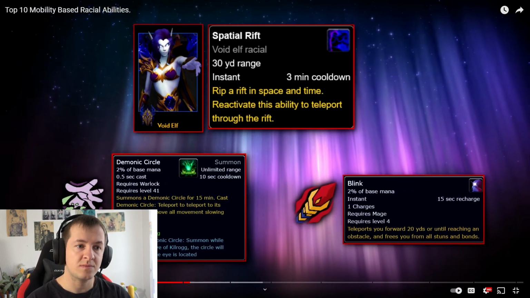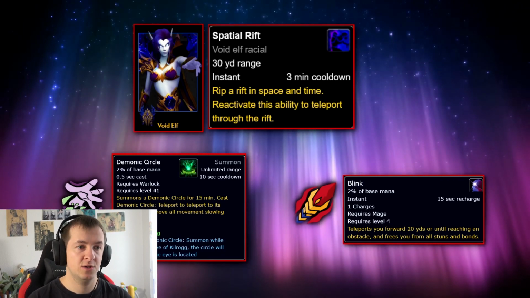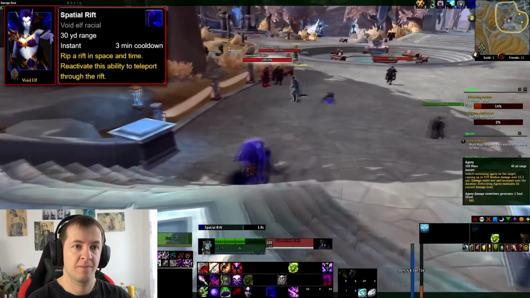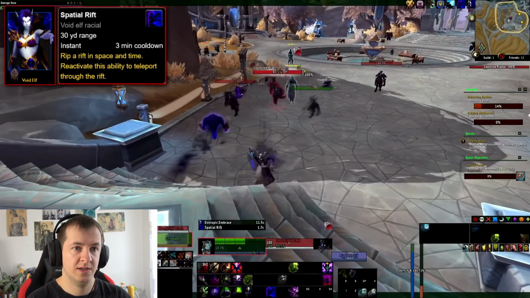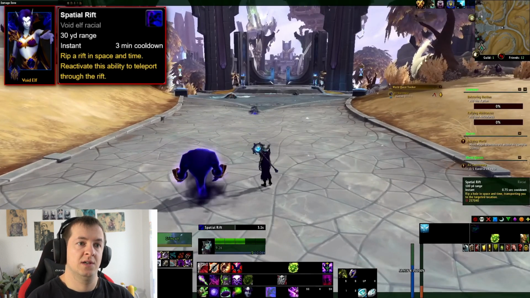Or more like the Warlock's Demonic Circle, but placed in a very different form, for example. Get back to DPS immediately. The player first activates Spatial Rift to send out a bolt of void energy up to 30 yards in front of them. Then activating Spatial Rift again will teleport the player to where the void portal currently is, but the player must